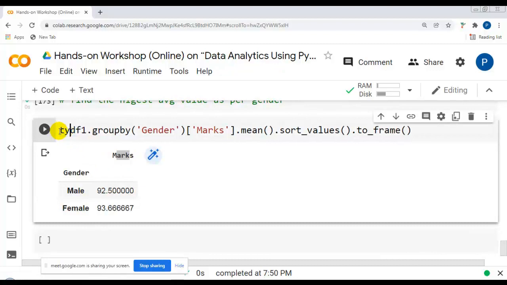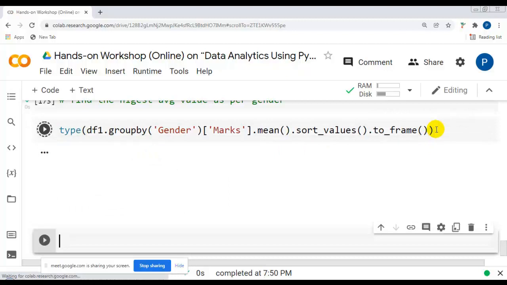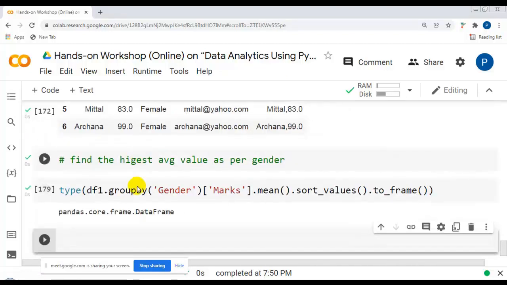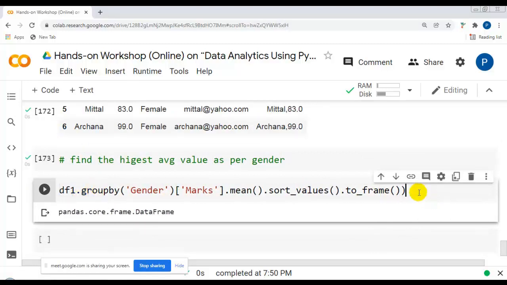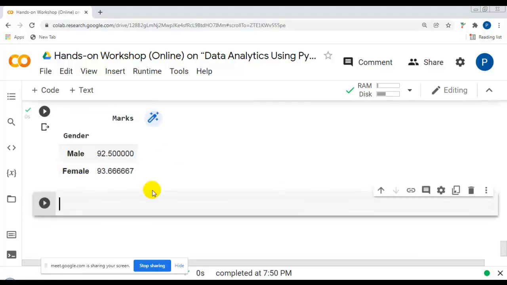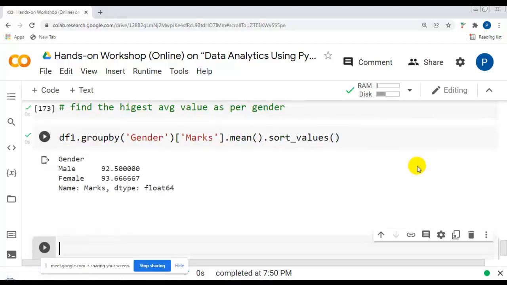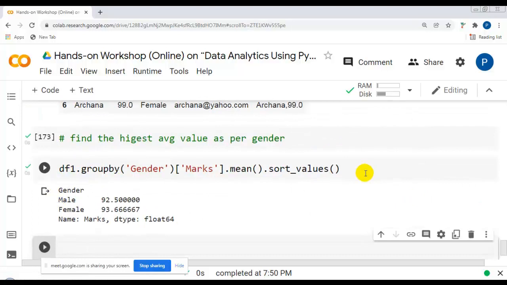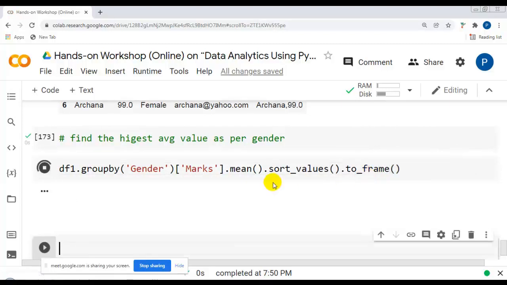Now you can check the type of it, because I have converted the pandas series into a pandas data frame. You can see now it is a pandas data frame. So you can use to_frame to convert anything from a pandas series to a pandas data frame. If I remove this and execute the cell, it is a pandas series, and to_frame converts it into a pandas data frame.